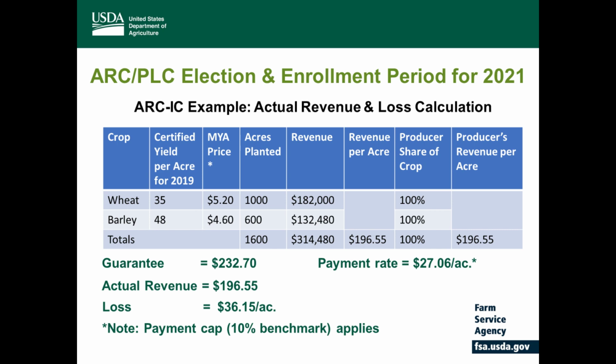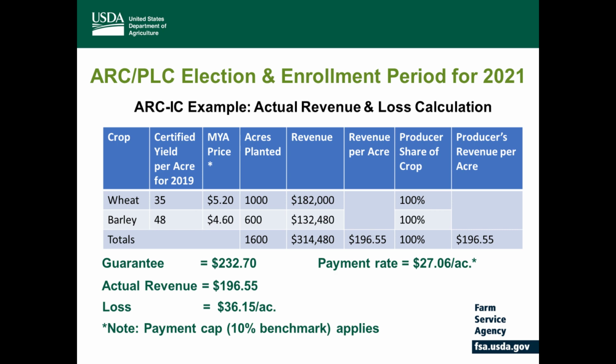This is a calculation of an actual revenue and then our loss calculation. So to get to our actual revenue, we're going to take our producer's certified yield for the crops. And you can see the producer certified to a 35 bushel yield for wheat and a 48 for barley. We're going to use the higher of our market year average price or our loan rate, and in this case, it's showing market year average price, and then our planted acres. And we're going to take our yield times our price times our planted acres to get a revenue for that crop. So you can see for wheat, it's $182,000. For barley, it's